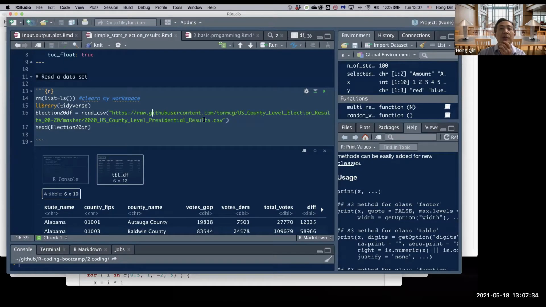It's actually a GitHub site. Someone posted it there. That said, I didn't verify whether that is the correct result or not. I just found that someone posted a result and I just used it. As a disclaimer, I don't know whether this is the correct result or not, but that's some data we can use. So we get the 2020 election result,